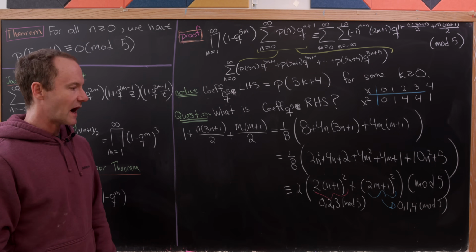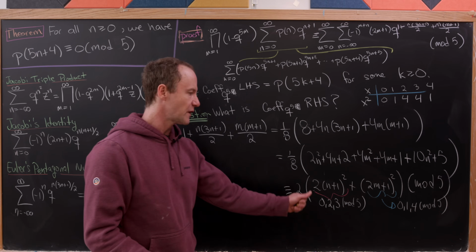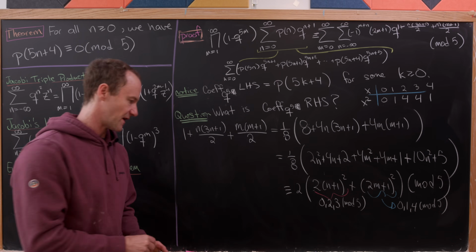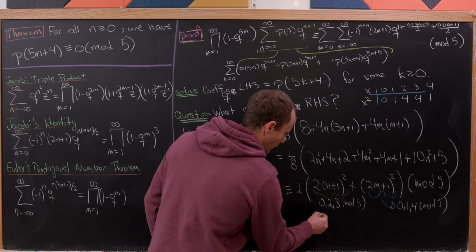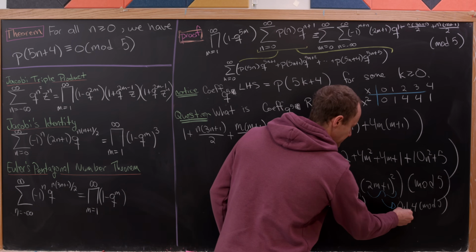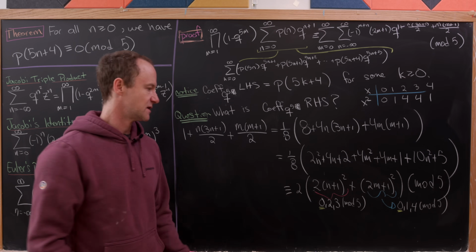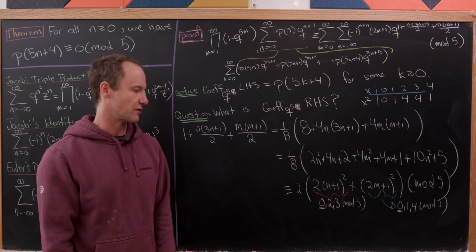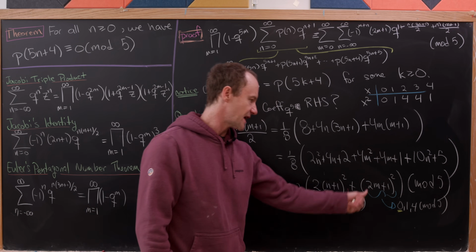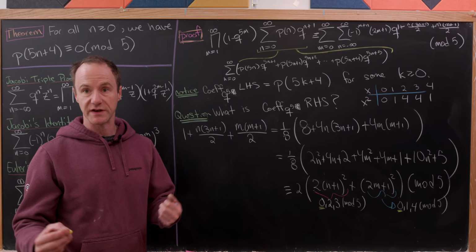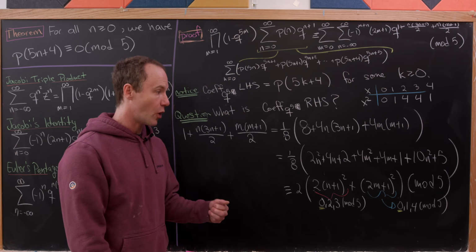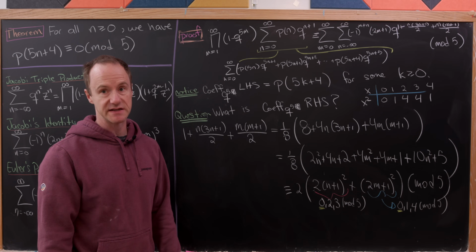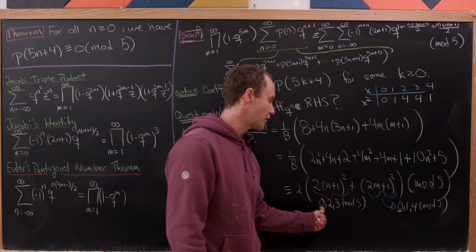And so now I'd like to observe the following, that the only way to achieve 0 mod 5 is for both of these to be 0 in the first place. Because notice if we take 2 and we add it to 0, 1, or 4, we don't get 0 mod 5. If we take 3 and add it to 0, 1, or 4, we don't get 0 mod 5. So the only way to achieve the whole thing is 0 mod 5 is for both of these to be